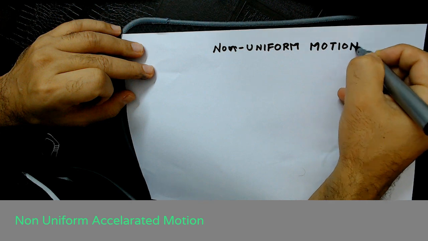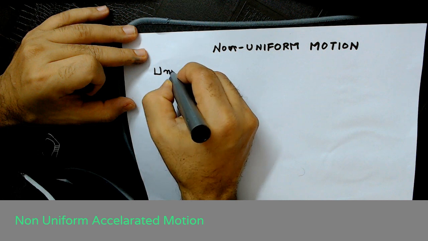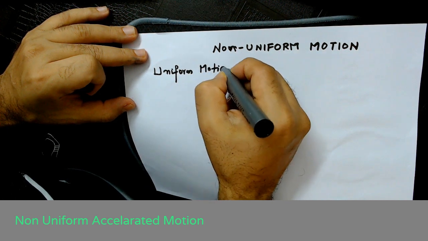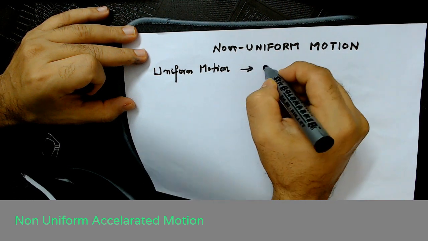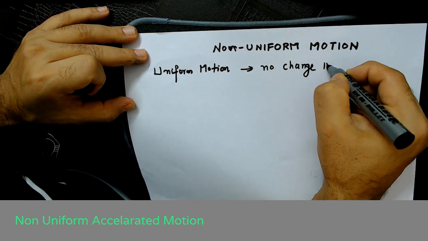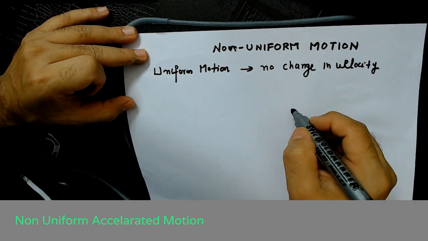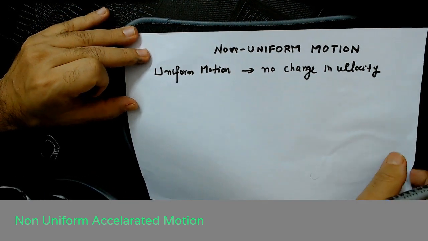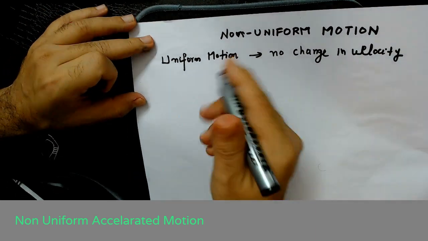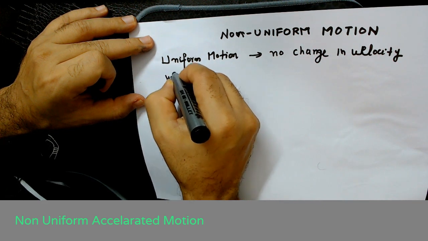All right. So we know that uniform motion, which you are already aware of, has no change in velocity. There is no change in velocity, which means the direction and magnitude, both of them, remain constant throughout the motion. But then, you have a certain type of motion in which the velocity does not